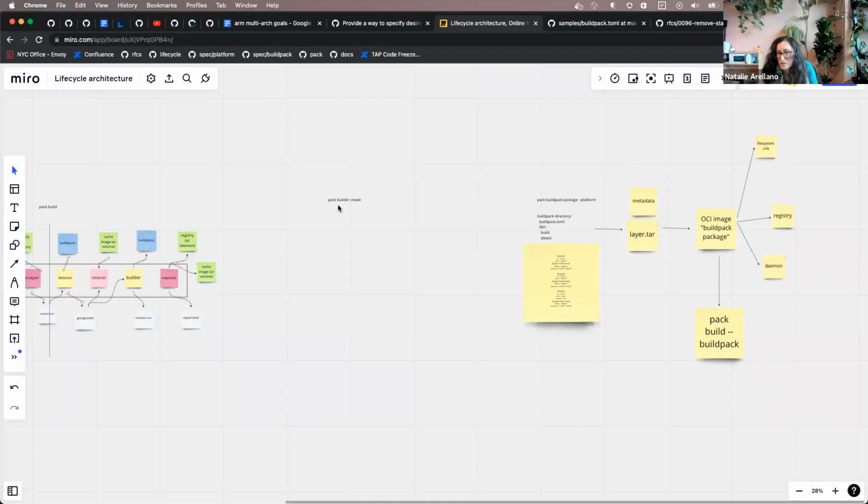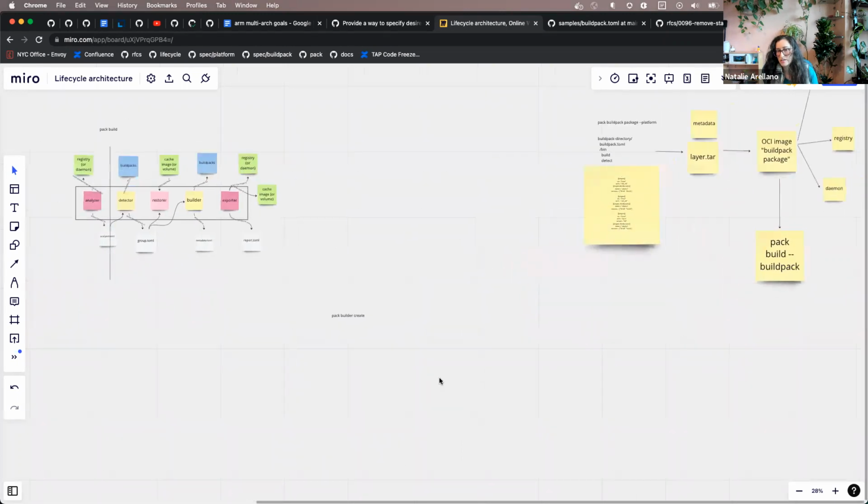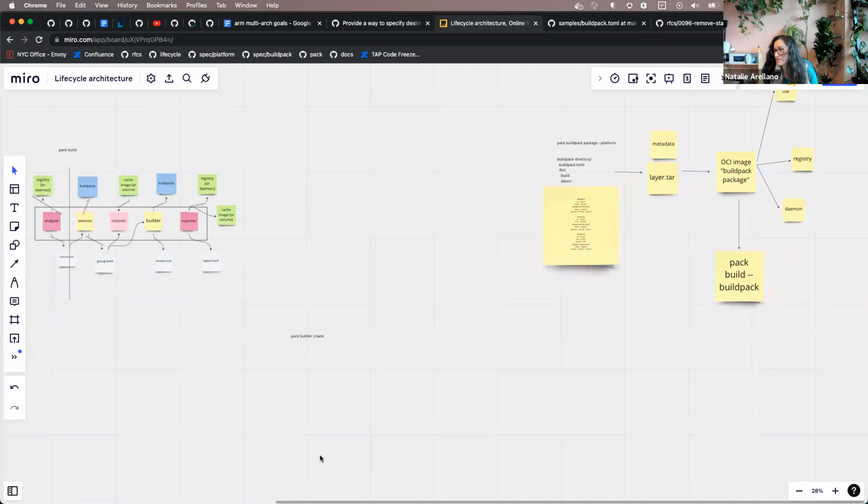We sort of glossed over pack builder create as being the next step in the process, but you can imagine that once we have this, there's a similar picture we can draw: look in your builder TOML file, and if you have a bunch of buildpackages, pull the right architecture down, making your builder for a specific arch, but with the ability to change the target arch and really not care about what the host arch is. That's a logical extension of this.